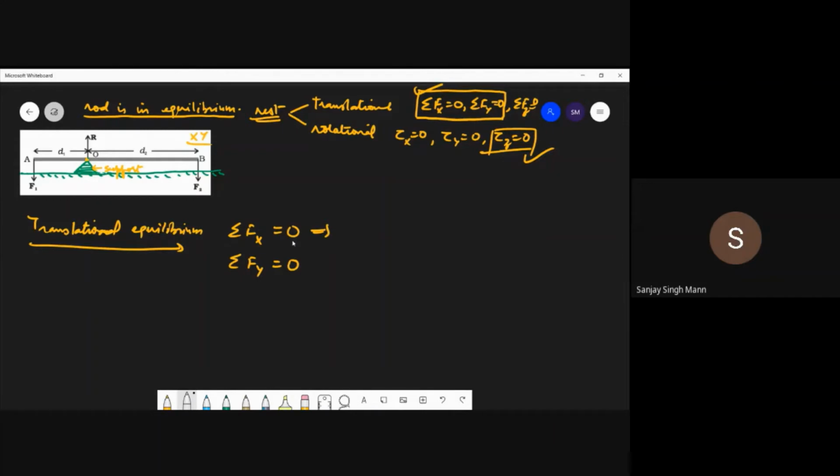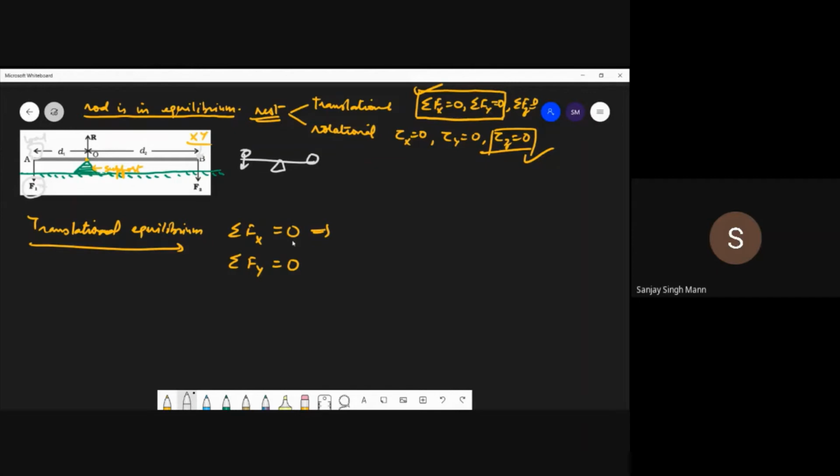Now tell me, what forces do you have along the x-axis? How many forces do you have in this figure? This is the first force F1. See, for this force F1, I have put a load over here. Okay. And here I'm putting the effort. I'm pressing this point B of the lever, and this load I'm completely balancing. This is just like a seesaw, where two children sit at both places and it is in equilibrium.